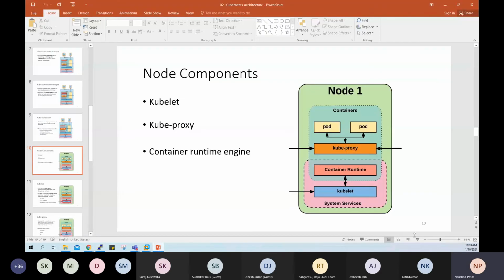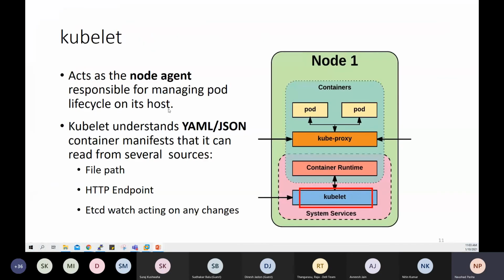So on the worker node, you will have the kubelet, which is the node agent running. And the kubelet can understand the configuration information in either YAML or JSON format. Generally, the YAML or JSON data that we supply to create the resource, we call that the manifest.